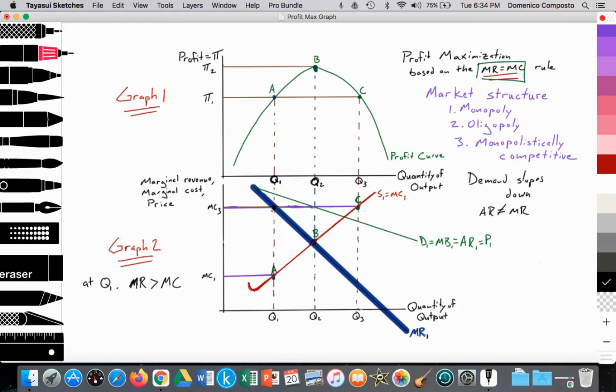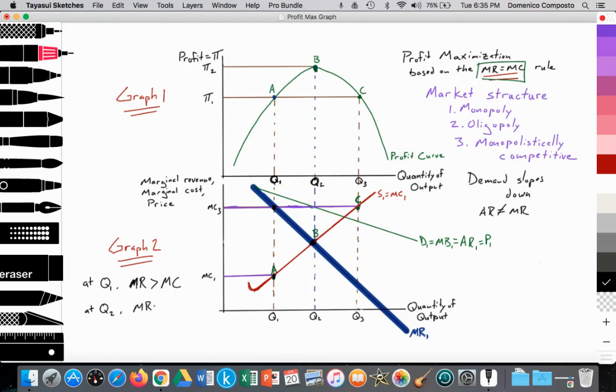So at Q1, since MR is greater than MC, that would signal to the firm to go ahead and increase production along their supply curve. So they increase output, let's say to Q2, all right? And we see that at Q2, the marginal revenue, touching the blue line, which is our marginal revenue, is now equal to our marginal cost. So here we see that MR